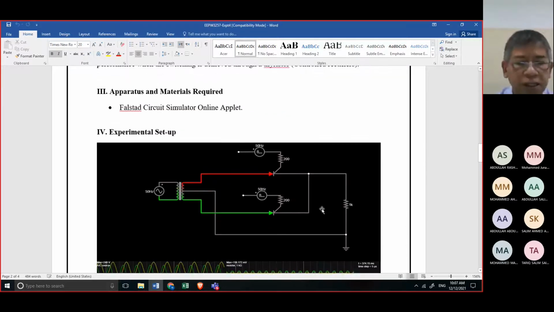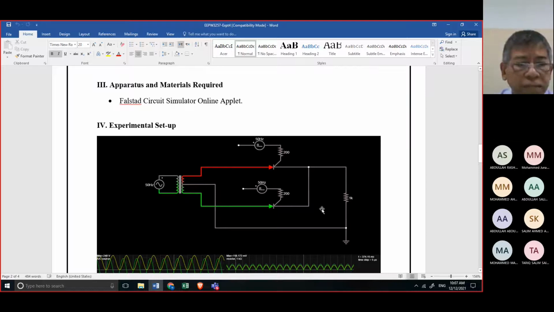So the Falstad setup that you've noticed here has a voltage source, which is alternating current.